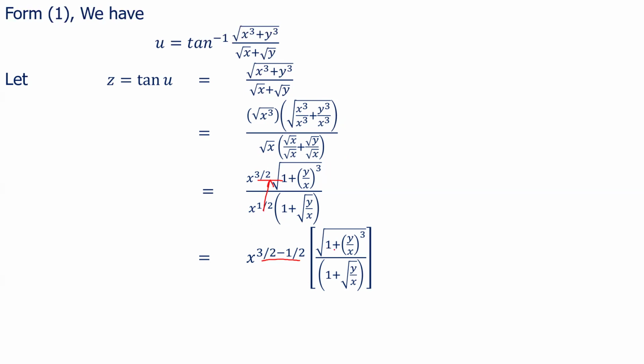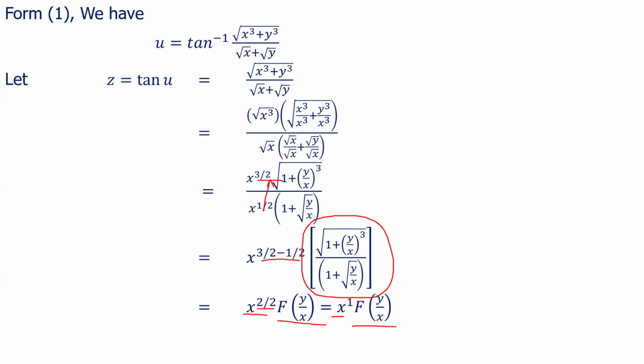And the remaining term is root of 1 plus y by x whole cube whole divided by 1 plus root y by x. So this is the term which has the power 0, so we can write it as f of y by x. And again it is 3 by 2 minus 1 by 2, which is 2 by 2. x to the power 2 by 2 means x to the power 1 and f of y by x. So now